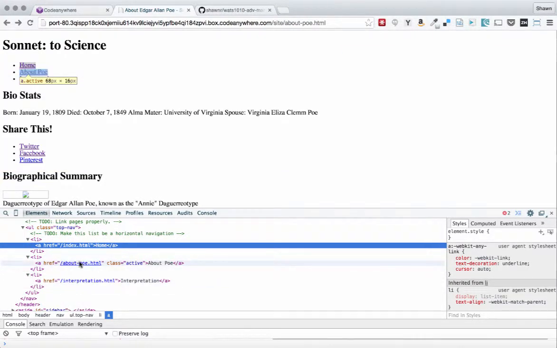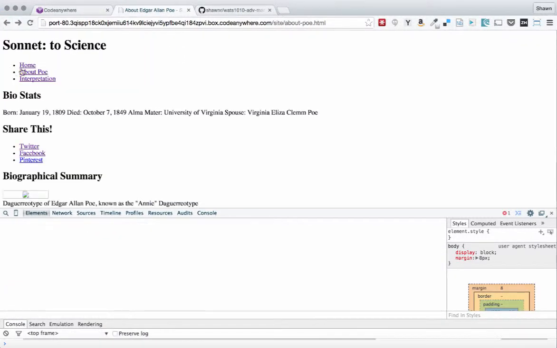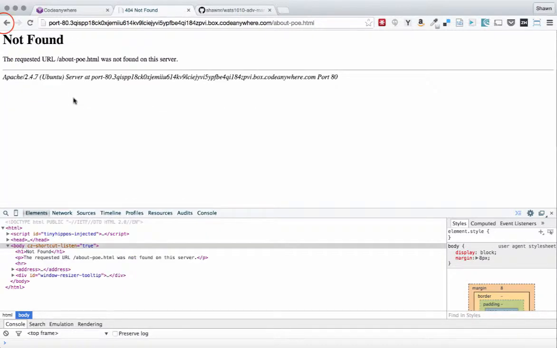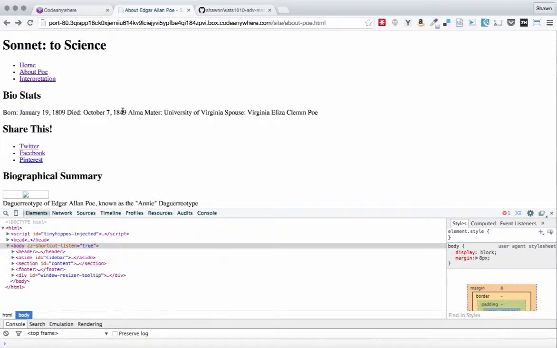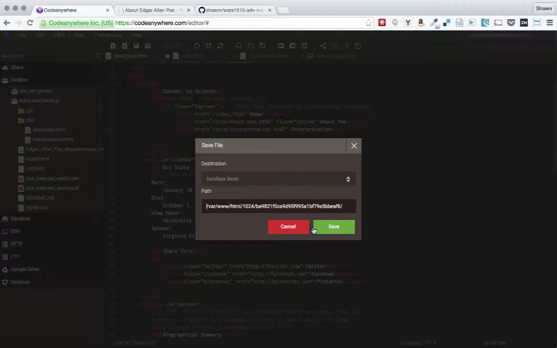But as you see, with About Poe and with interpretation, I used those as absolute links, and those are going to break now because those files don't exist in the root directory anymore. So if I wanted to fix that, I could go back into Code Anywhere, and I could make it use absolute URLs with the subdirectory. And if I do that,